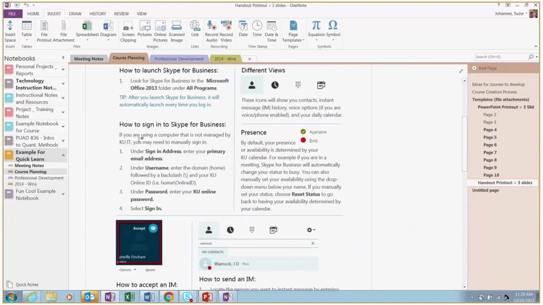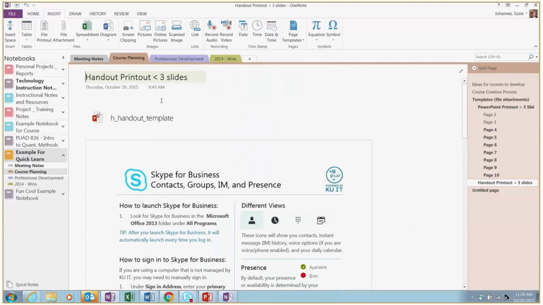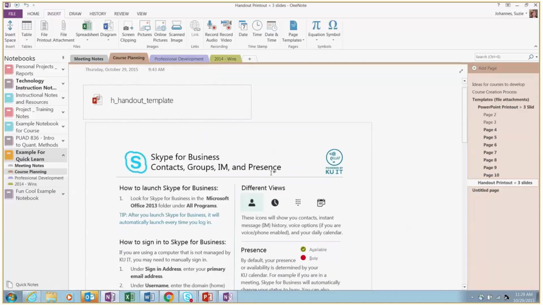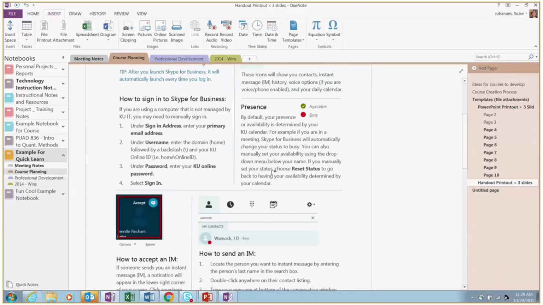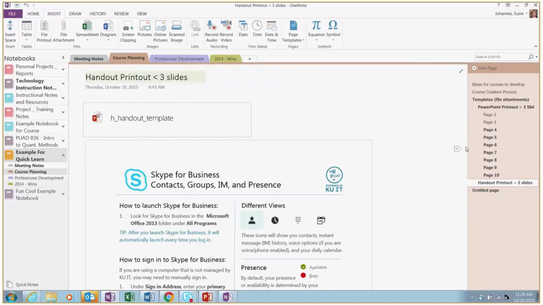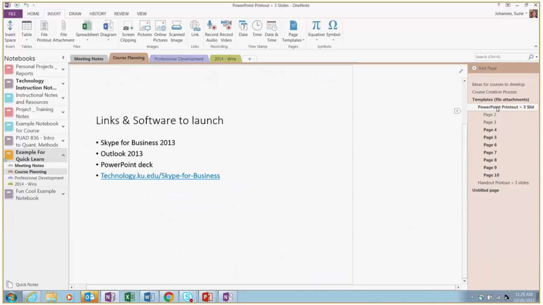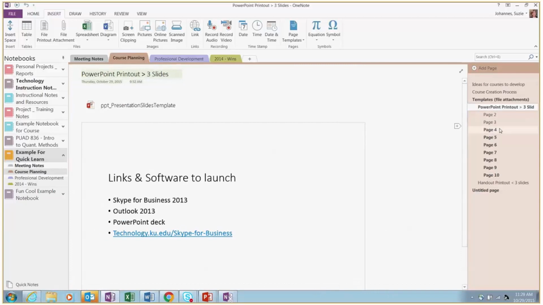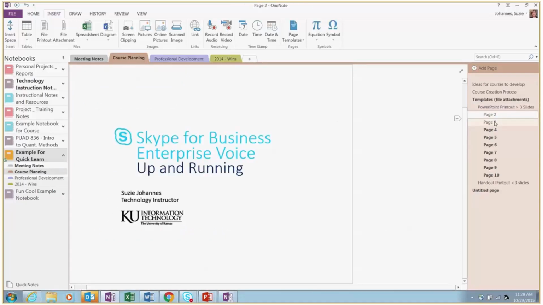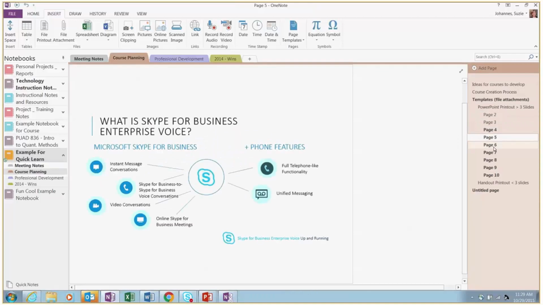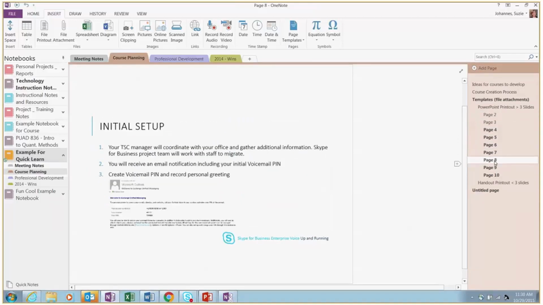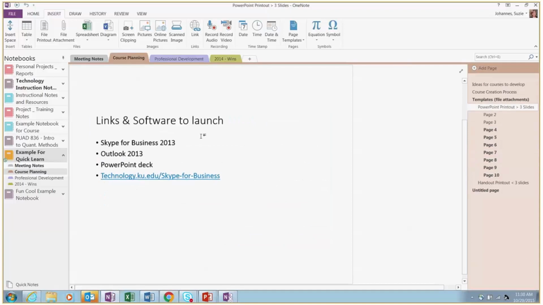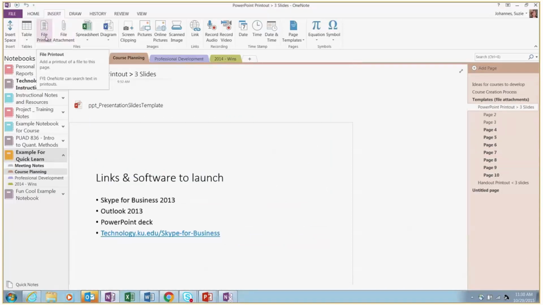And if it's only maybe less than 3 slides, it will show the file here, which I can always double click on and open, and then it will show those pages. If it's more than, I would say, 3 pages or slides, what it will do is, over here on the right, it breaks each slide out onto a new page. So here we have the different slides that are included. How that was added, again, was by going to File, Print Out, choosing that file, and then clicking Open.